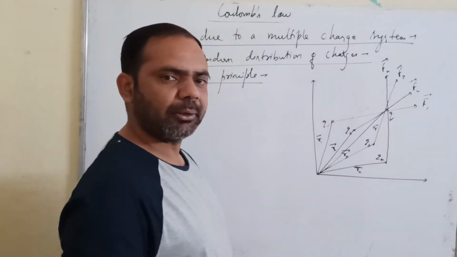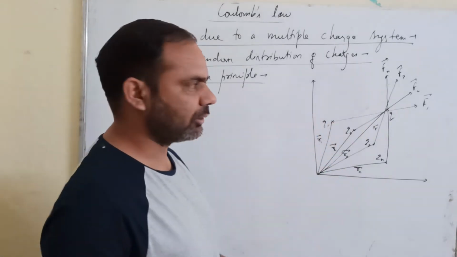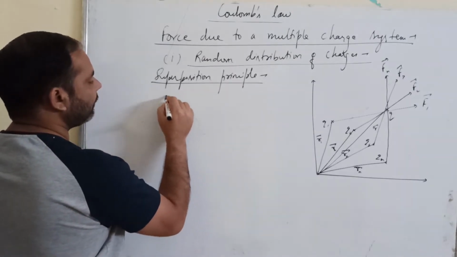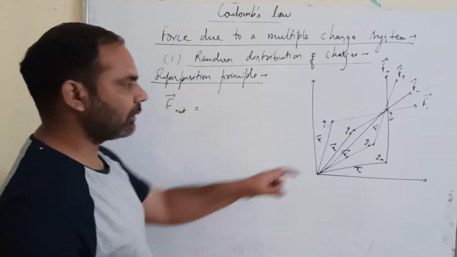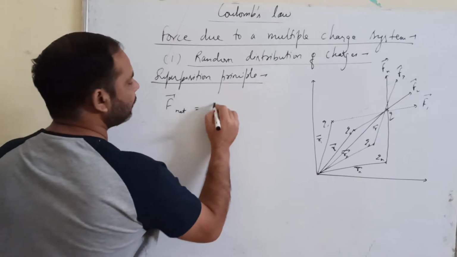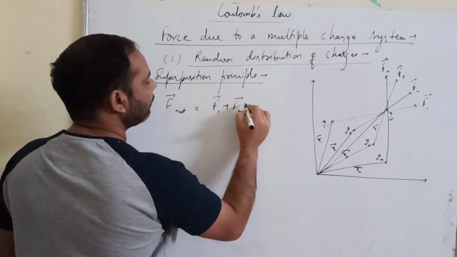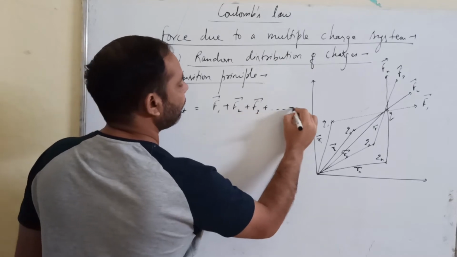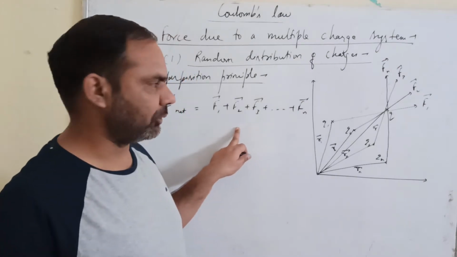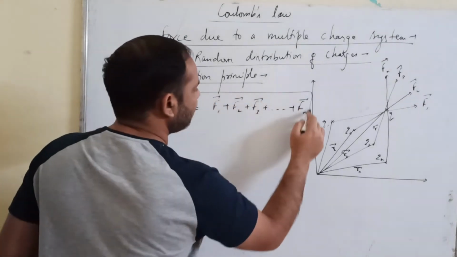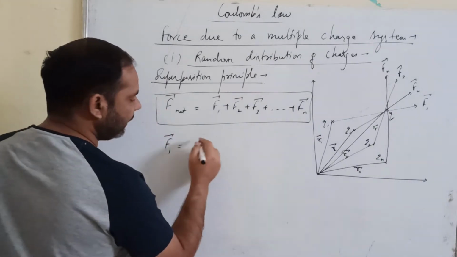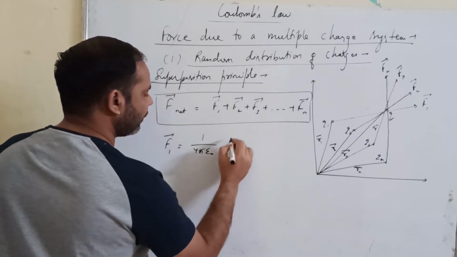Now in such a case, the total force exerted by the whole system is given by the superposition principle, and it states that the net force experienced by a charge due to a randomly distributed system of charges is equal to the vector sum of individual forces. This is the superposition principle. Now here, as per Coulomb's law, F1 vector will be 1 upon 4 pi epsilon naught